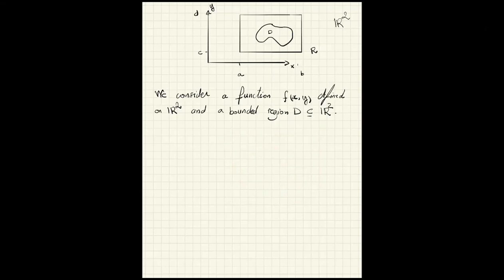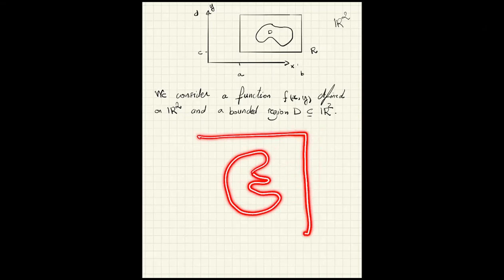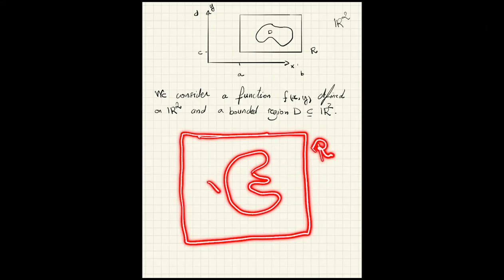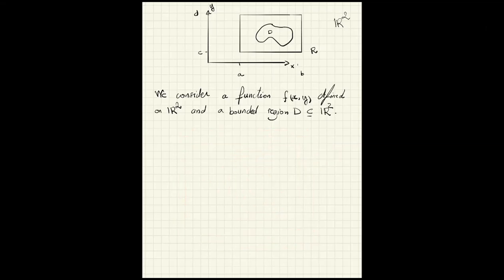You have a region, whatever the form of this region, I can bound it by some rectangle. That's going to be a rectangle, and this will be our region R. So we take the region bounded by a rectangle, and then